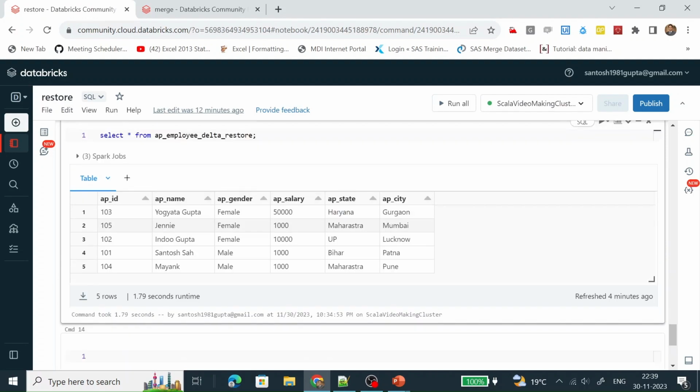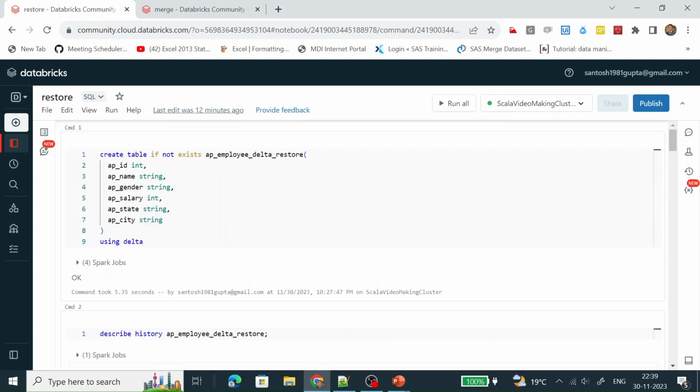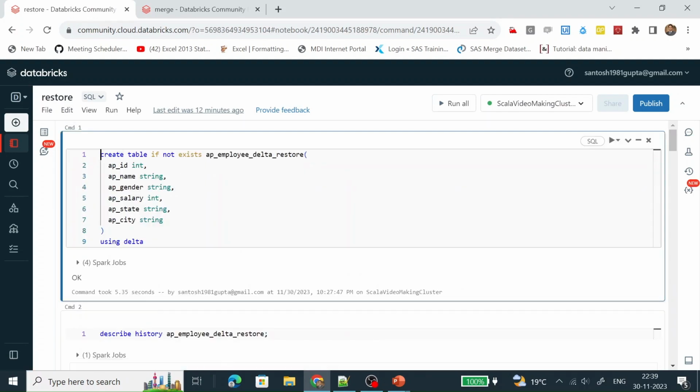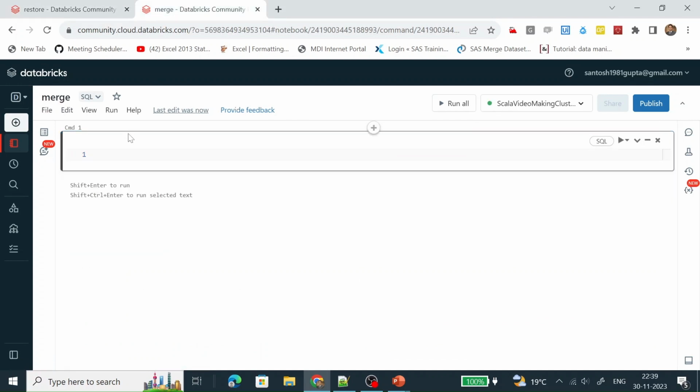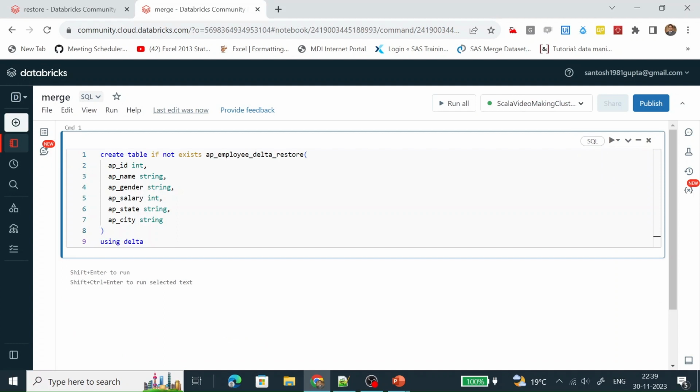Let me copy this code to create a table. It will save time. This is the same code which we have done in our previous exercise. Let me rename it AP employee target. This is a delta table. Let me run it.